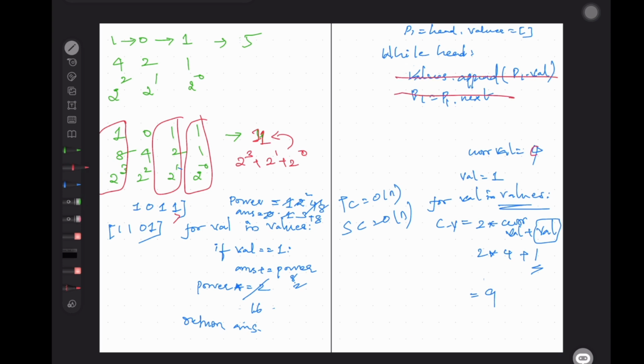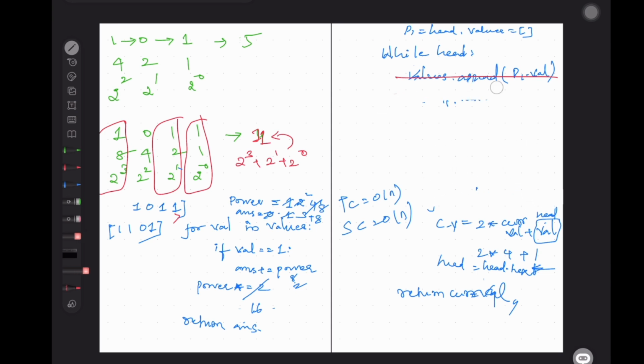We can have our current value as 0 initially, and we don't need to traverse anything. Instead of value we can just straight away use head dot value, head equals head dot next, then return the current value. Hope this makes sense. Why we don't need values, current, all this we don't want.